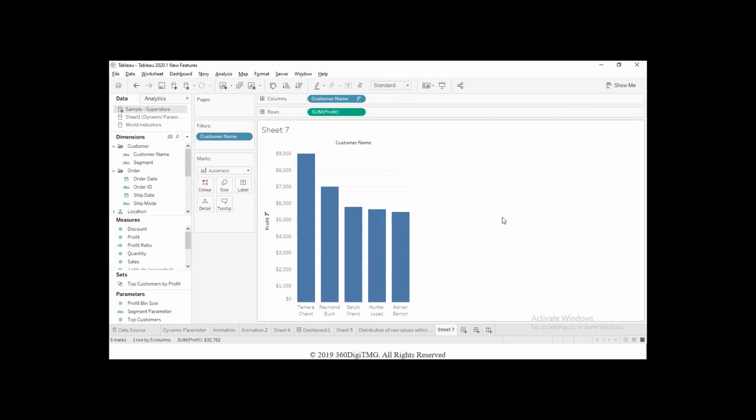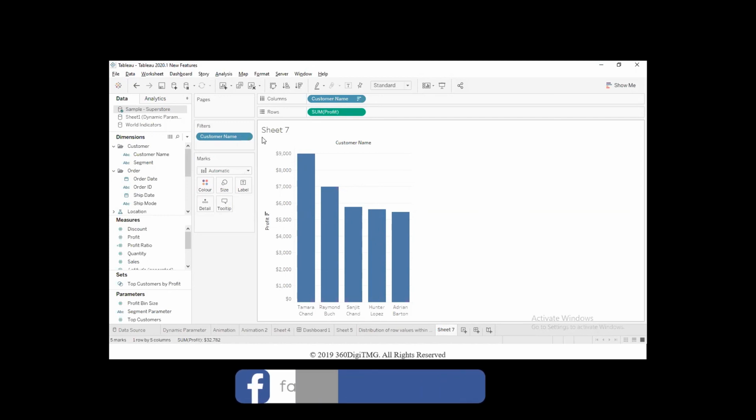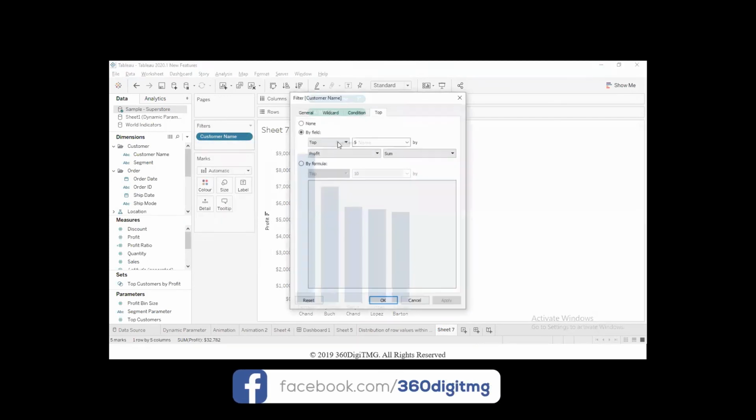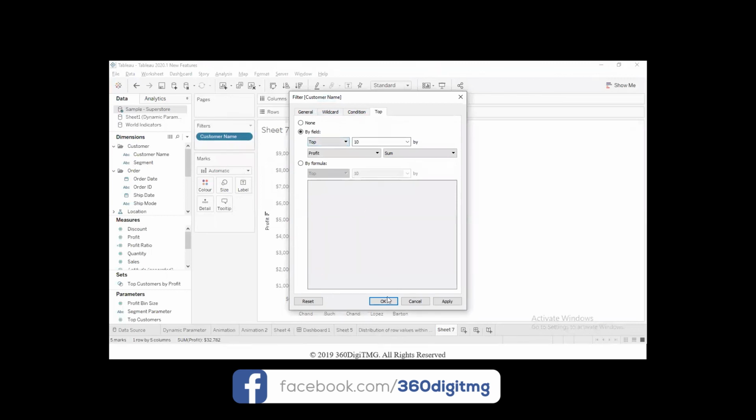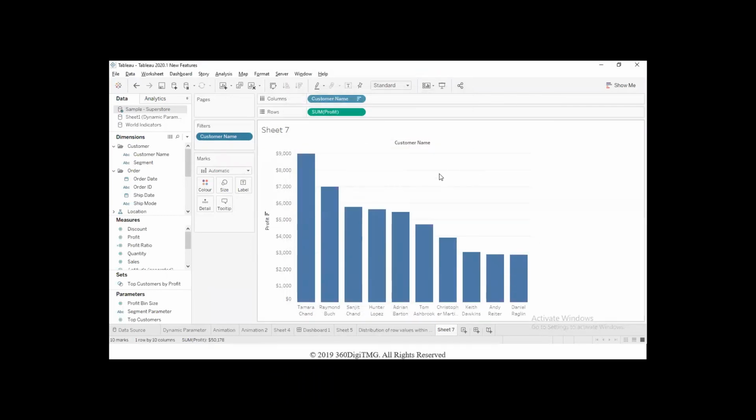We have hard coded the number 5 when we provided a solution to this requirement. So there's going to be a dependency on the Tableau developer. The management will have to send the workbook back to us. We will have to take the workbook, edit the filter, and change the value from 5 to 10. Once we do that, the chart will get updated showing the top 10 profitable customers of the business. What if tomorrow they come back wanting to see the top 20 customers, and the day after tomorrow the top 50, then the top 100, then only the topmost customer?